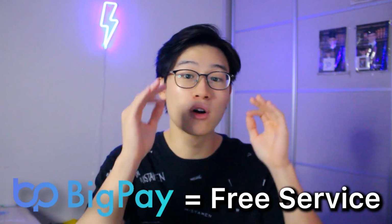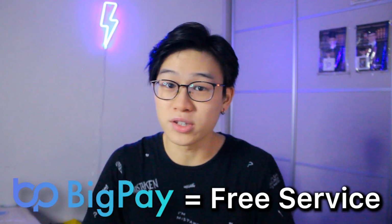So the ultimate reason why you're getting charged more when it comes to funding your broker accounts that have foreign currency is because you're going through banks. And for that, we have to be thankful that BigPay is actually doing the currency conversion rate for free for us. So it is very close to spot rate, and at the same time, we do not have to pay any